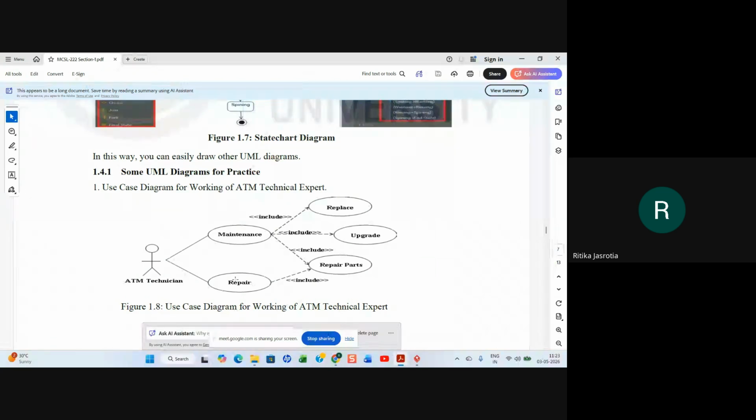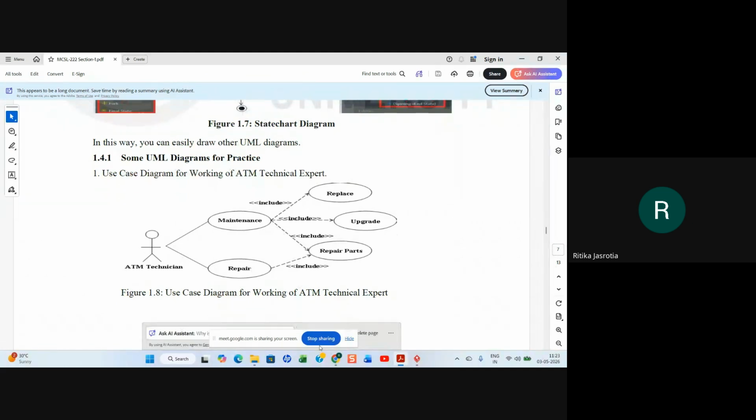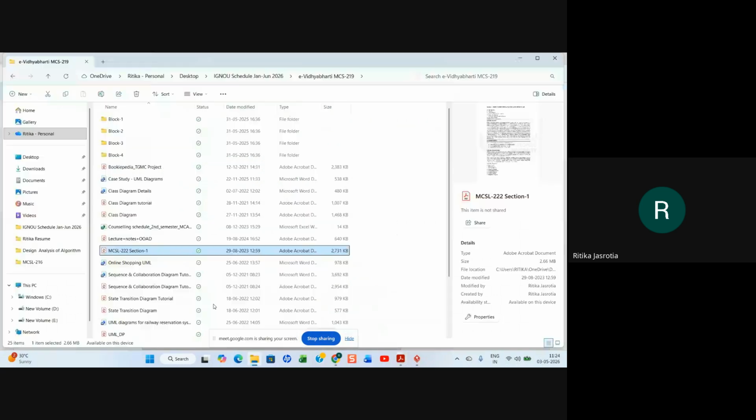And repair includes repair parts. Can you understand the extend and include dependencies? Is anybody able to understand what is include and what is extend? Is there any doubt in include and extend? Anybody?